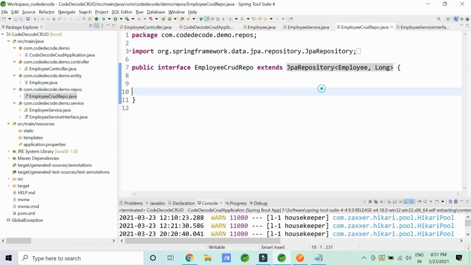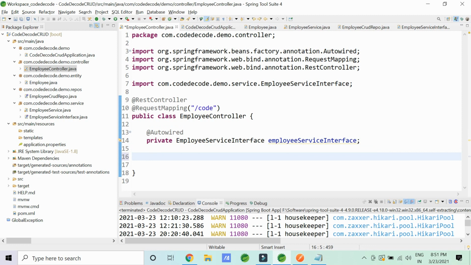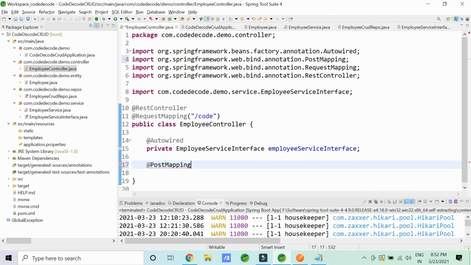Now our repository is going to extend the JPA repository and hence is capable enough to do all the Hibernate related operations for us, right? Now, let's first try to add something so that we will be able to get something. So let's first create the PostMapping. Why post? Because I don't want my data to be appended into the URL. I want it to be hidden in the body, hence the post. Say save is my post URL.